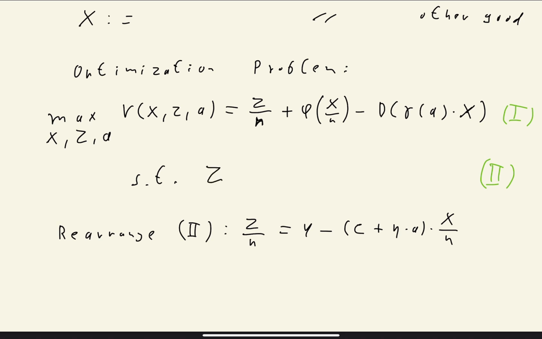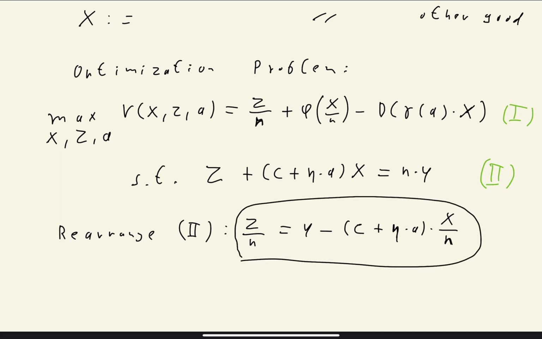the total amount or consumption of the numeraire good in this economy plus the production cost, so the total production cost of the other good, should be equal to the total endowment in this economy. Yeah, so this is a more intuitive way to write down the constraint. And if we rearrange this by dividing by the amount of consumers in the economy, then we get this rearranged